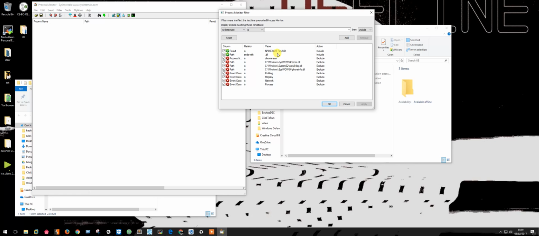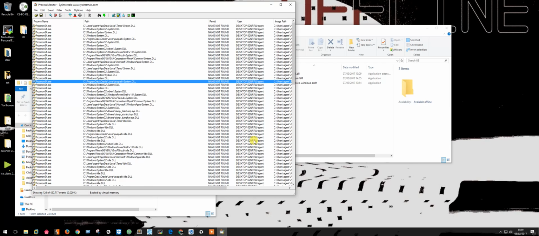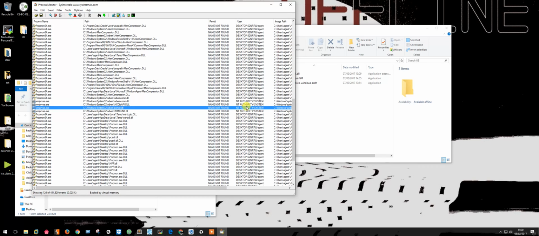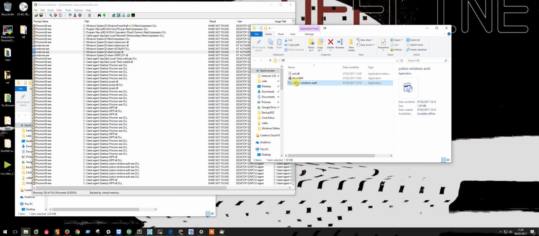I usually just set it up like name not found, and the path ends in DLL if we're looking for DLLs. Sometimes you'll get EXEs as well, executables looking to be loaded, and it might be residual from debugging or older versions of the software that they've just not cleaned up. So we're only showing name not found, and we're only interested in stuff ending in .dll. Sometimes this username can change from desktop to system, and that can be interesting, but that's not what we're talking about right now. So let's launch this installer,